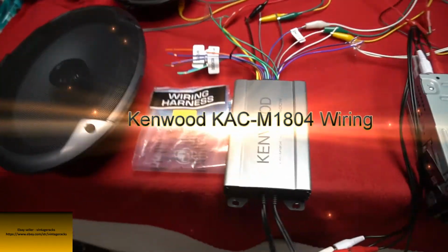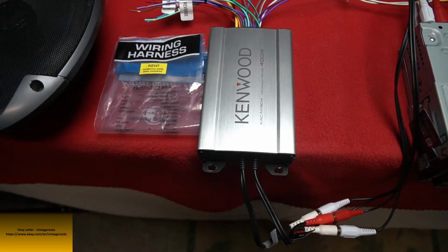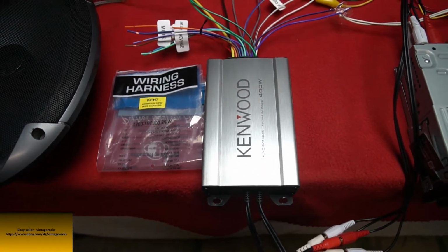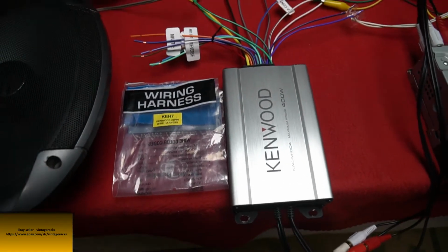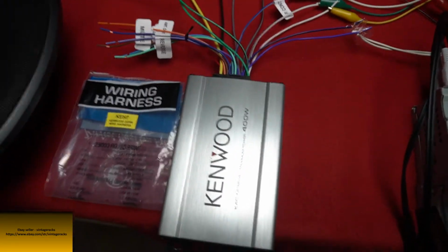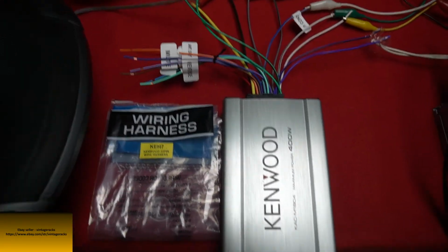Little video doing some testing of speakers today. A customer had a question about the Kenwood KAC-M1804 that I include. These wire harnesses are just regular 22 pins for a head unit, but they work fine on the amp. So it's just how you hook it up. So got it hooked up